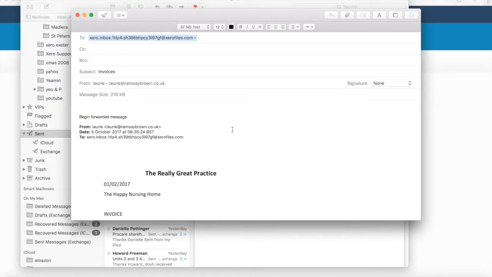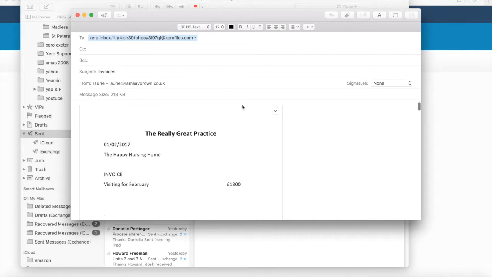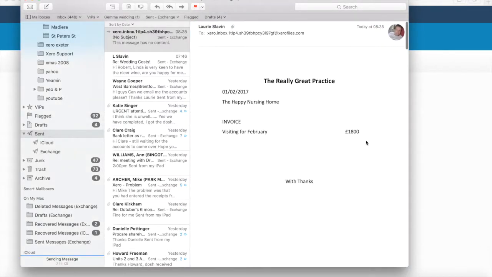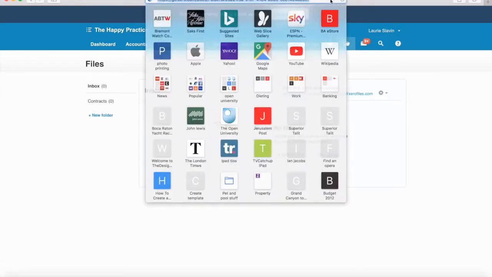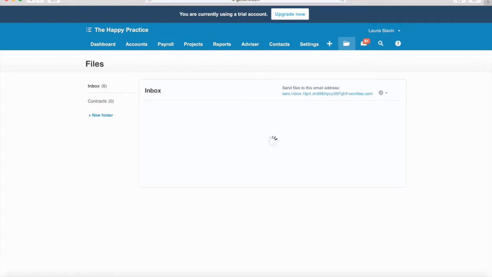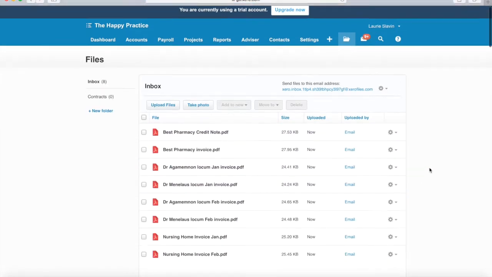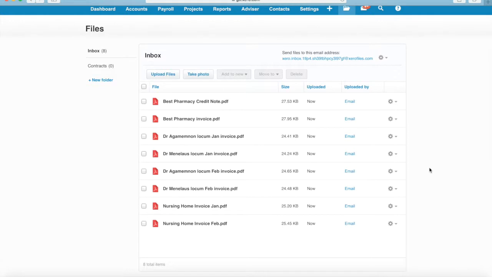Here's one we prepared earlier. This is the email address that is in the Xero program. There are a number of invoices in here. And if I just send this on, we refresh this. All those invoices now appear in here. PDF is probably the best format to use. So if we look at the Best Pharmacy invoice,